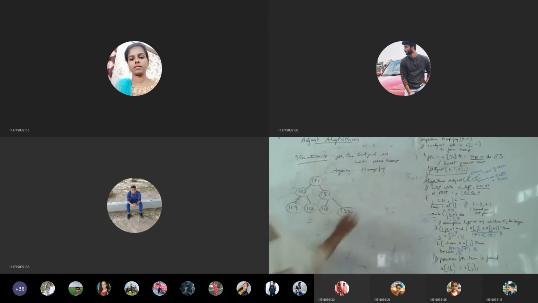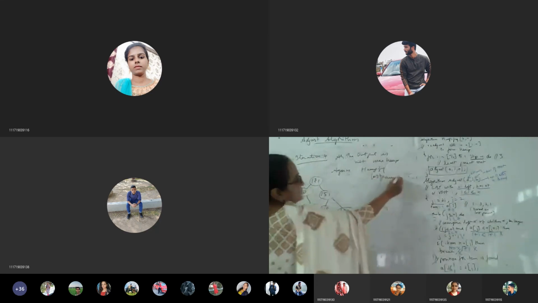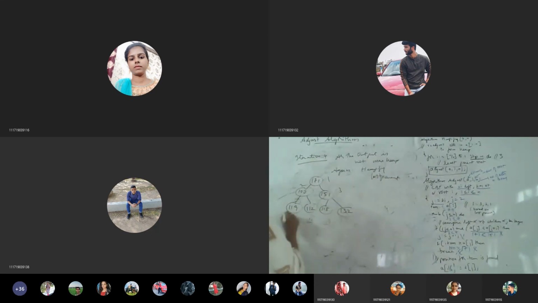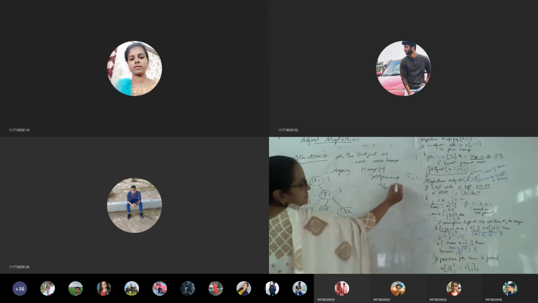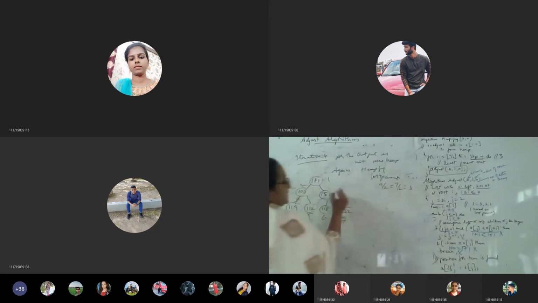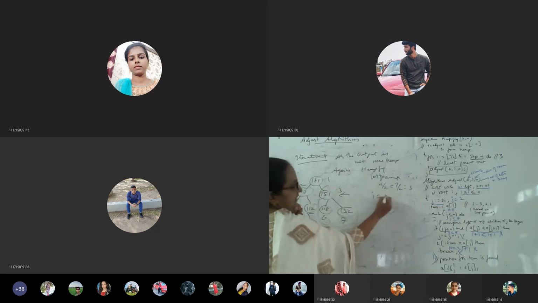Okay, so when we are doing heapify, we need to find out the last parent. So this is 1, 2, 3, 4, 5, 6, 7. So n by 2 will be the last parent. So 7 by 2 means it will be 3. So the procedure will iterate. So compare its children, 180 and 132. Which is greater? 132 is greater. So compare 132 with 151. So this is already sorted.